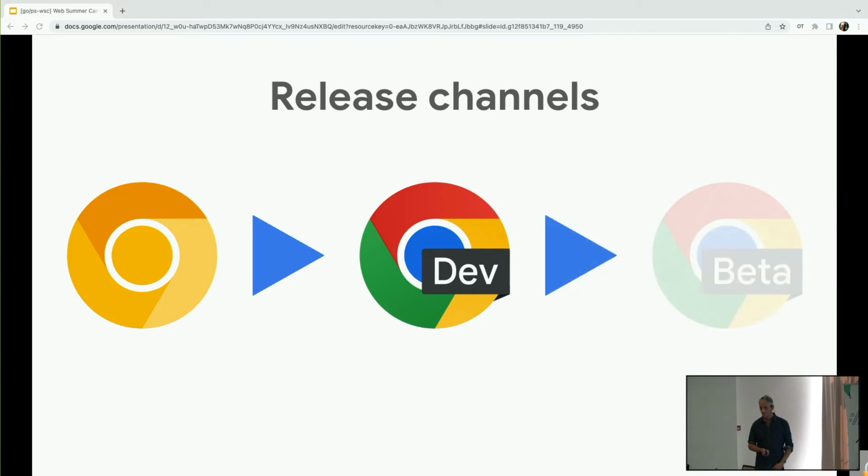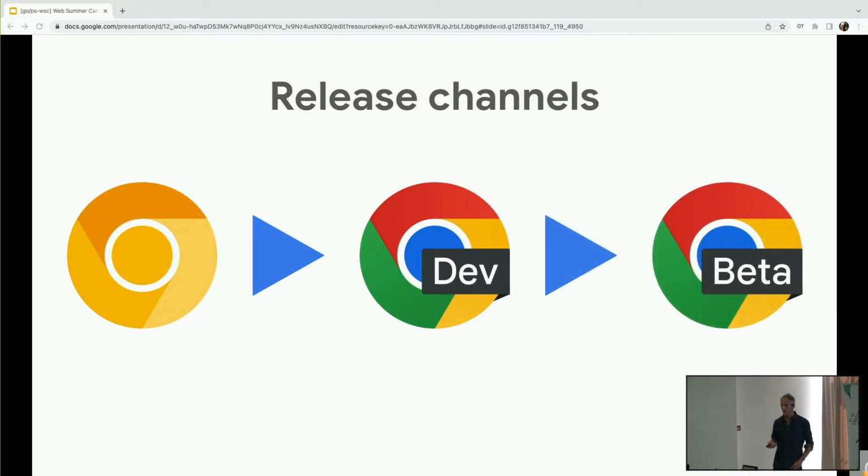So, just to be clear, in the initial phase of testing we don't just shove all this stuff into the Chrome browser. We have a staged process where we go through what are called release channels: Chrome Canary, Chrome Dev and Chrome Beta. Very new features will go into Chrome Canary for testing.